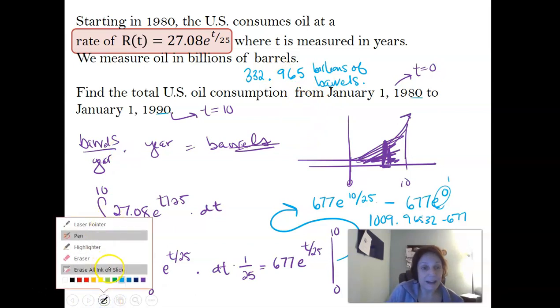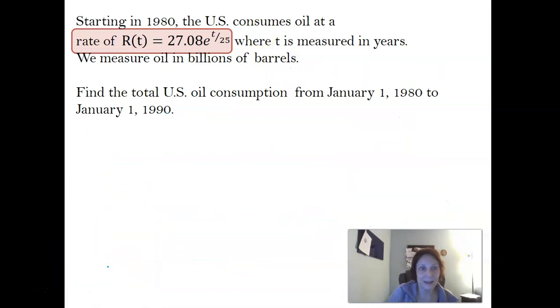All right, so again, we're going to look in class tomorrow at more examples of rates, right? Just the different ways they throw rates at us. But this is the basic gist. They give you a rate. You have to integrate to find an accumulation or a net effect over some period of time. It's usually the way it goes. All right. One last thing before I go, and that is